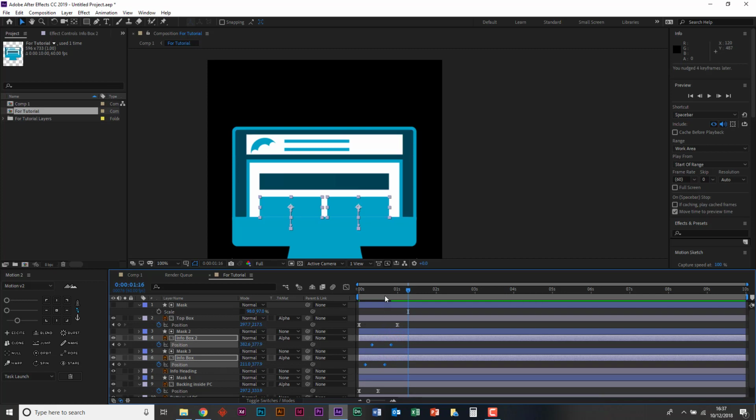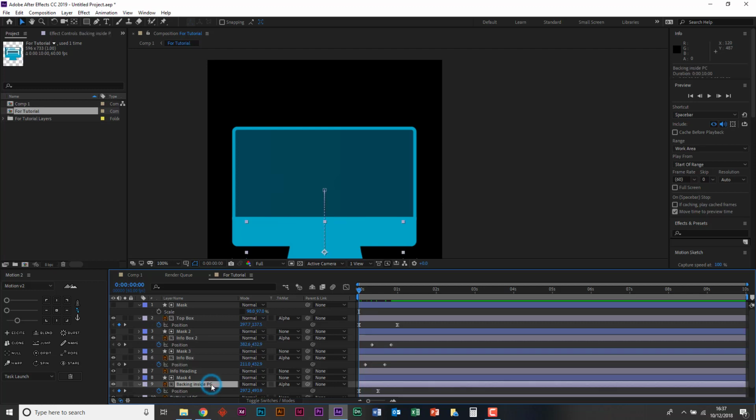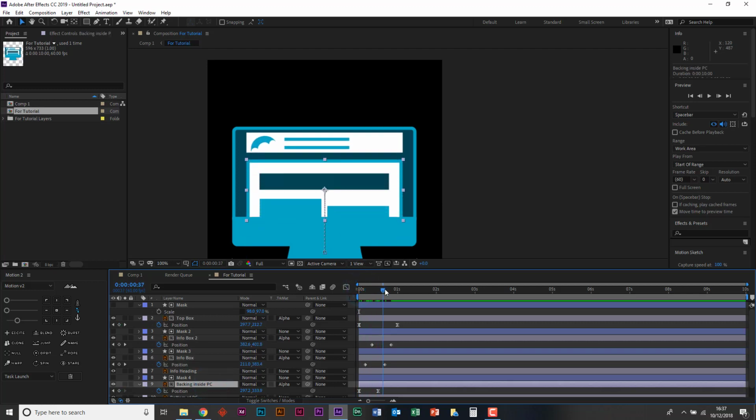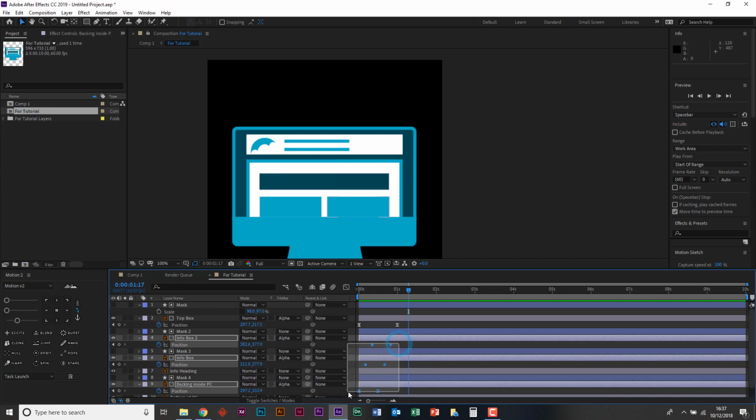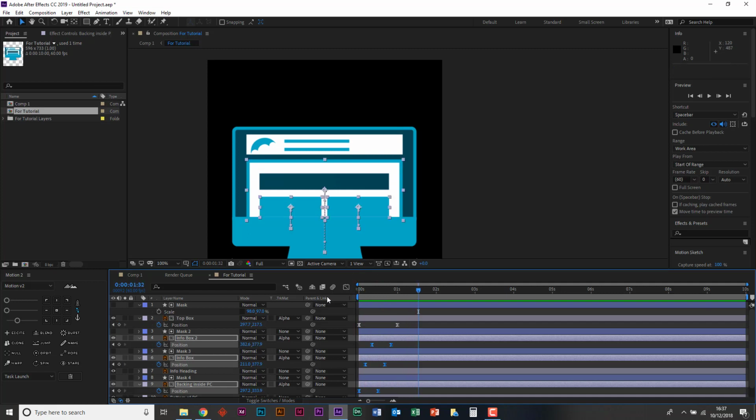So then what that does there is that brings in the backing inside the PC first, which is the white strip, and then the 2 info boxes after. So, and then when we easy ease all this, it looks something like this. So it looks quite smooth now. And then we've just got the